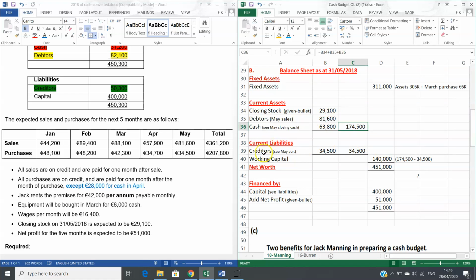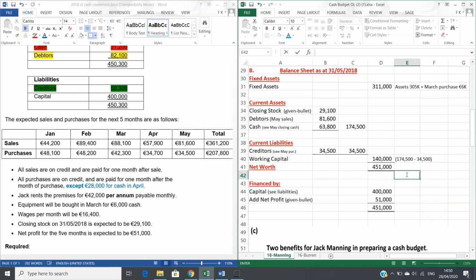Next we have current liabilities and we have creditors. So same thing, we see May's purchases. So you can see it's 34,500 euro. Again, why? Because remember, purchases are paid for one month after the month of purchase. So that's why we use that figure. Again, we just bring the figure across. To get our working capital, it's very simple. We take our 34,500 away from the 174,500 and it gives us 140,000. Again, that's just for your information here. No need to write it down in your exam. Okay, our net worth. We take the 140 away from the 311 and it gives us